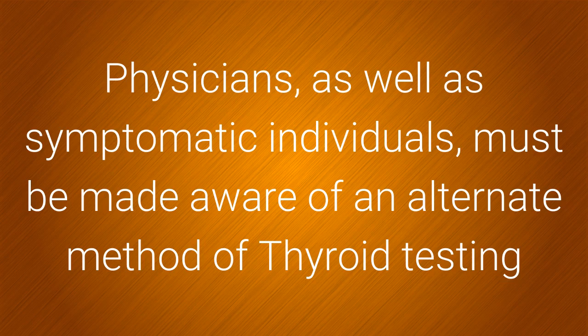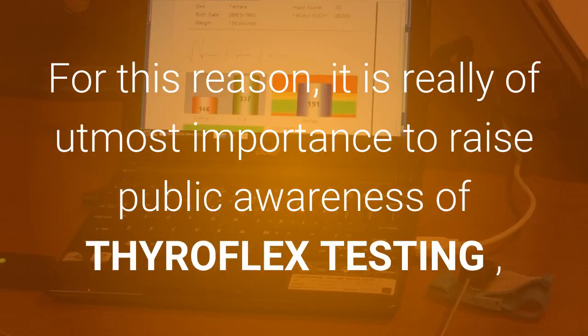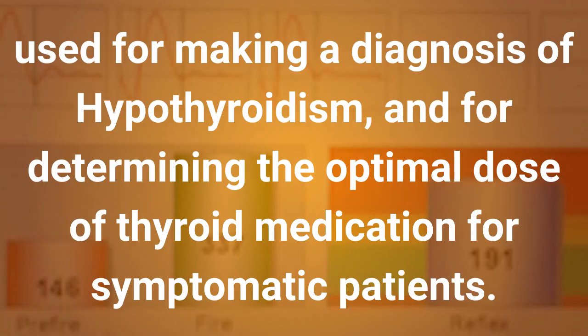Physicians, as well as symptomatic individuals, must be made aware of an alternative method of thyroid testing that can be used to confirm the diagnosis in symptomatic patients who have normal blood tests. For this reason, it is really of utmost importance to raise public awareness of Thyroflex testing, a little-known and underutilized method that can be used for making a diagnosis of hypothyroidism and for determining the optimal dose of thyroid medication